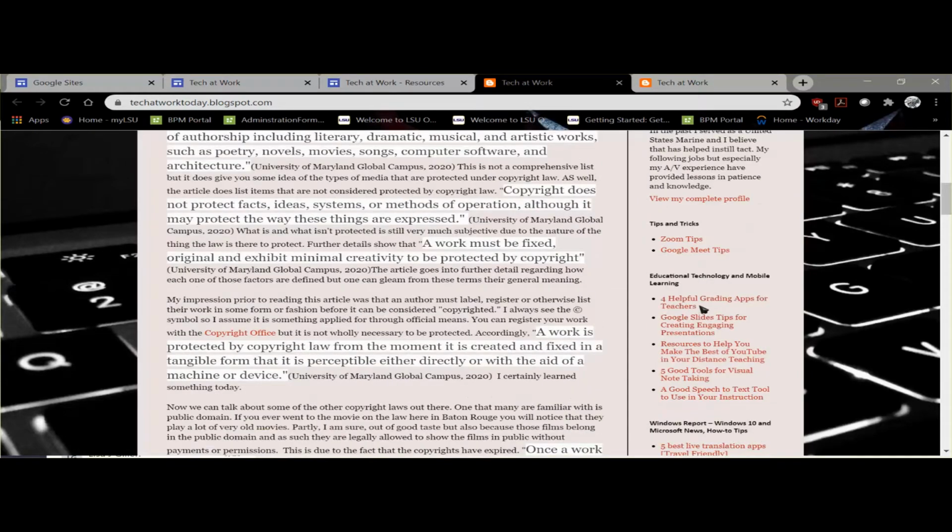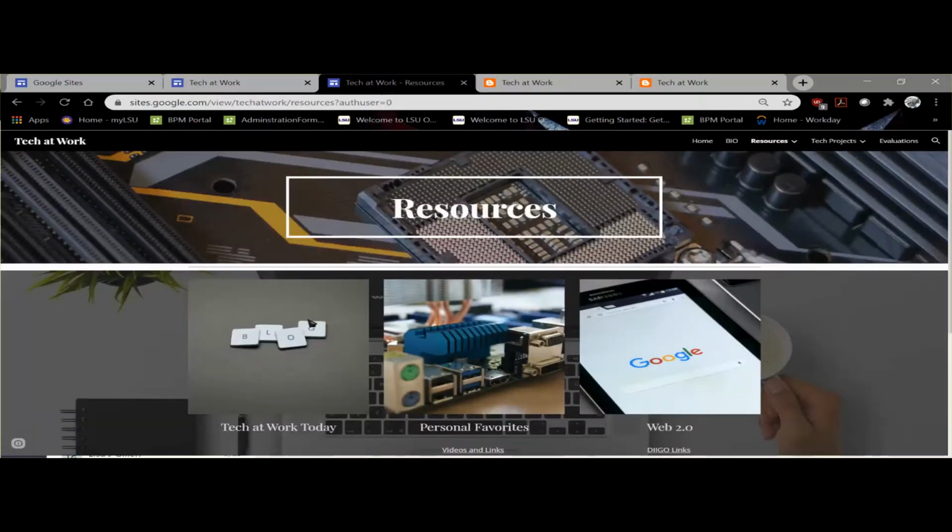And then I've got my links, and those are kind of fun to look up and gain knowledge on useful things for even myself, like Zoom tips and stuff like that. Anyways, back to the web page at hand here.